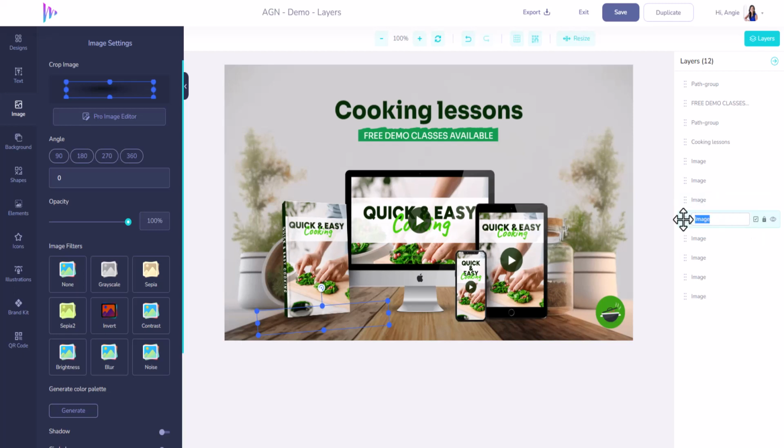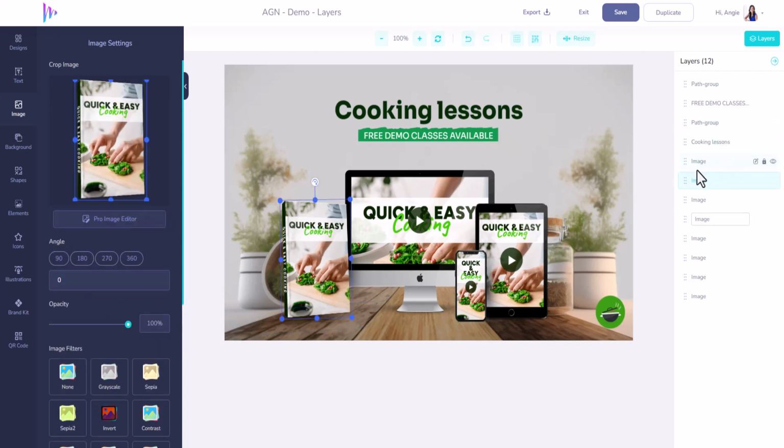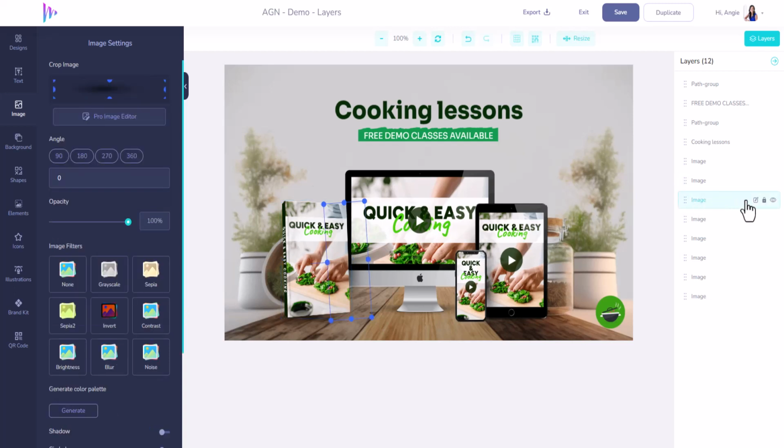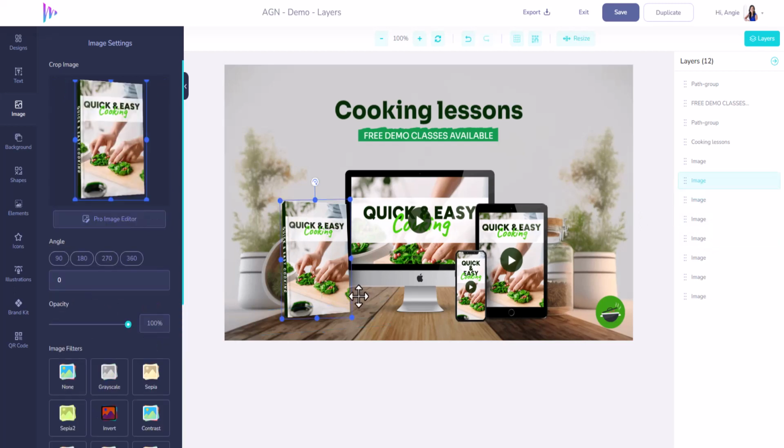Finally, we also have on the left side where you can actually move these around. So perhaps I want to put the cookbook behind the, let's see. Okay, we're gonna name these now so I know what they are. So we have cookbook. This one is a shadow. See, these are kind of, I'll probably group those, right? So if I grouped these three things